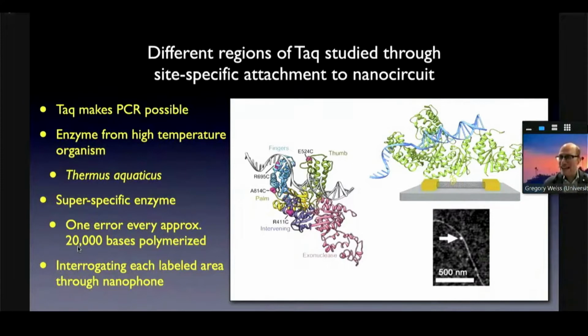And that's the kind of thing that fascinates me. How does it get it right every time? What are the details and how the bonds are being made? Okay, so to answer this question, we glued different areas of this enzyme to the nanophone, to the tiny little